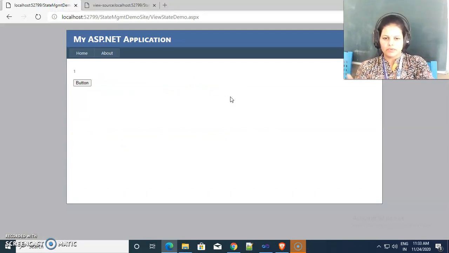Here in our example, the server is the same machine, because, see carefully, localhost means the same machine acts as a server and the same machine acts as a client. There is no remote server that we are accessing. Here our same machine acts as a server and the same machine acts as a client. So